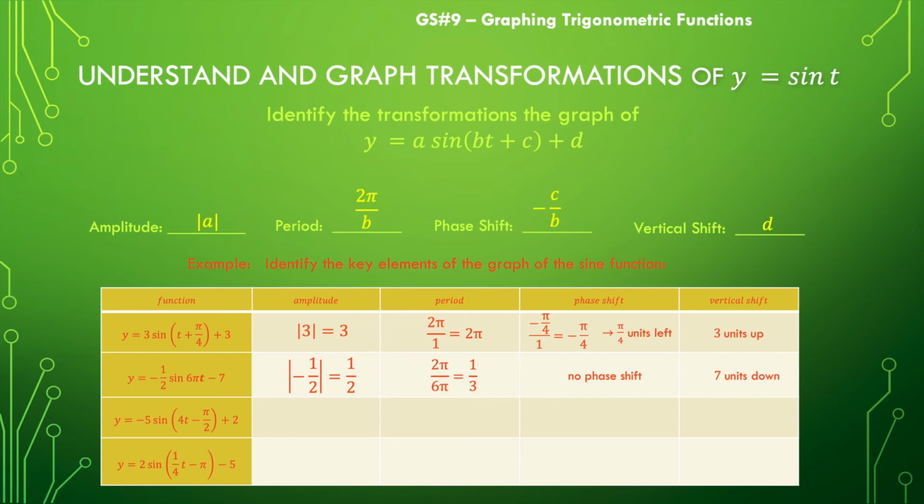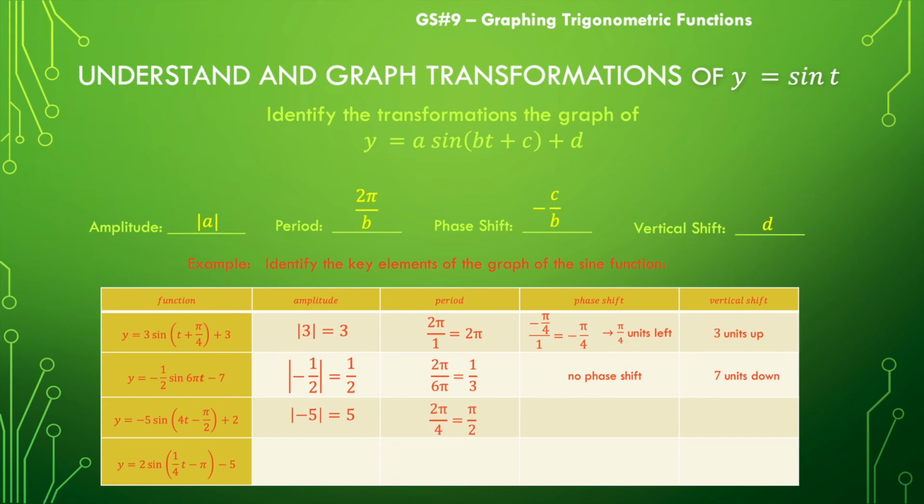All right, we're going to do this last one together, and then I'd like you to try the very last one on your own. Okay, I'm going to give you time to do that. So amplitude here. The absolute value of this coefficient will be the absolute value of -5, which is 5. Our period will be 2 pi divided by the coefficient of t, so 2 pi divided by 4, which is